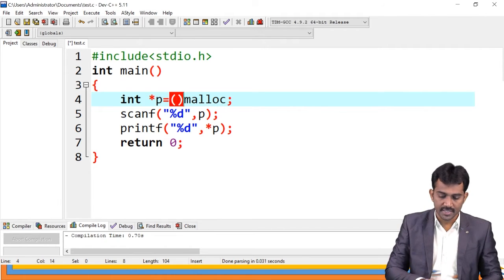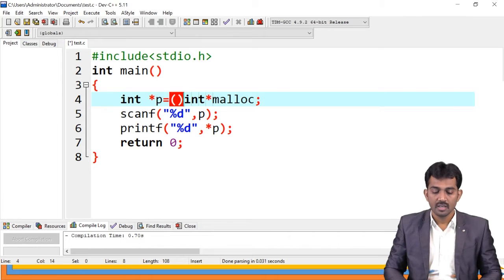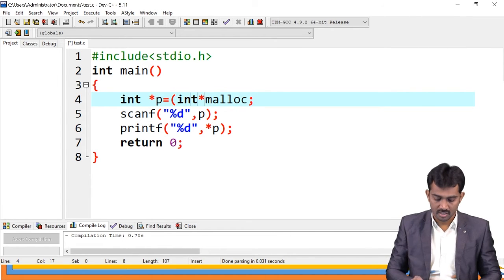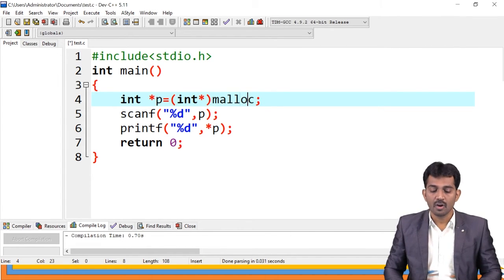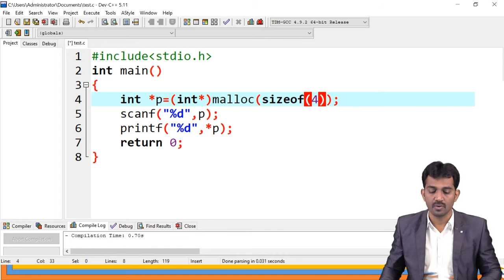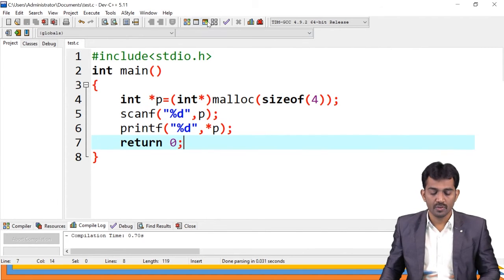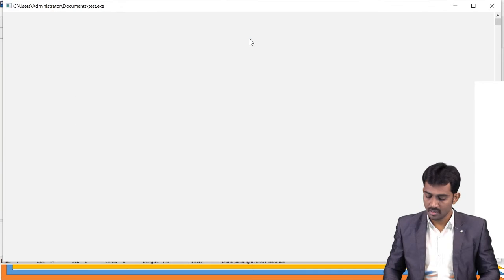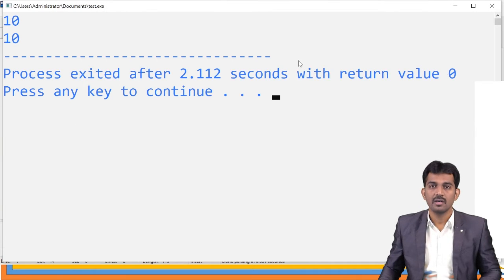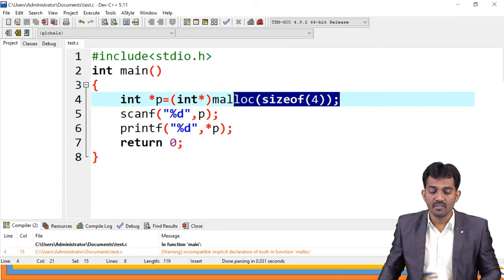I'm going to store integer data: int star, malloc of how many bytes? 1 data item, right? sizeof 4. That's all. Now, if you run this code, got it? That is the difference. Now you allocated 4 bytes to this data item.